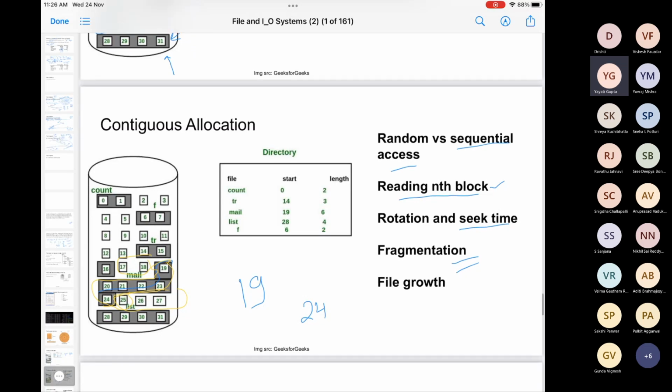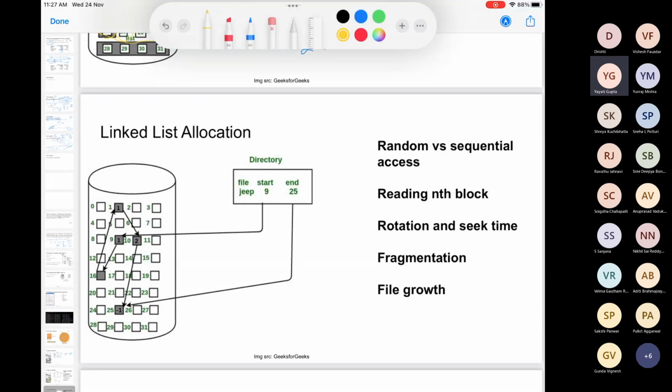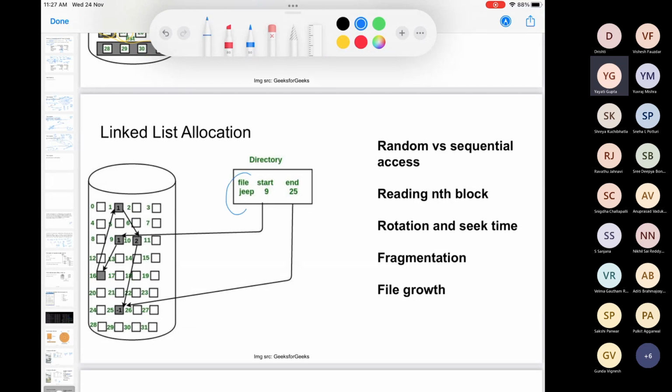Here is one more thing, which is generally used, called linked list allocation. Corresponding to a file, you have a start location, and according to me you don't even need an end location.